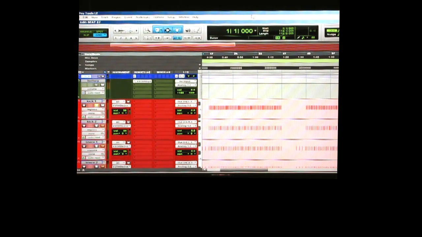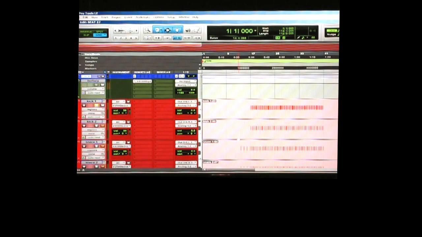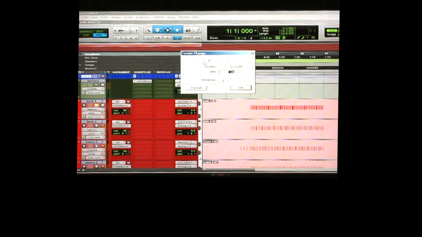So after you've created your click track, you would then want to find a tempo for the beat, which in this case is 120 BPM. So up here we have this green bar at the very top in your timeline. You see it says 120 right now. That's the session tempo. And right next to it, to the left, is a red triangle. So you would double click on that, use your letter T key,